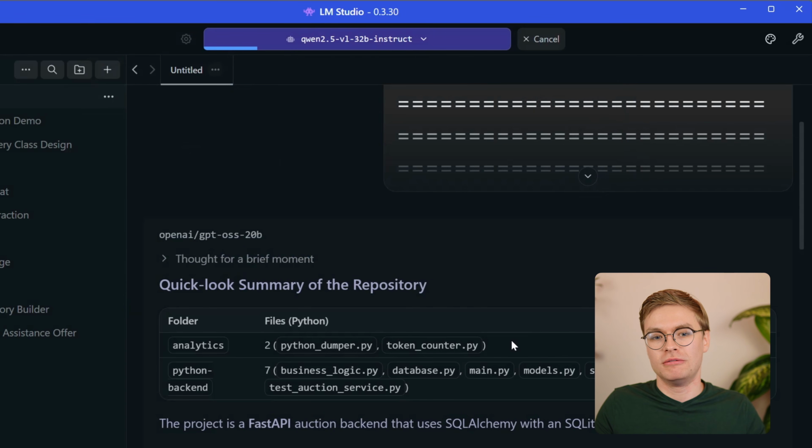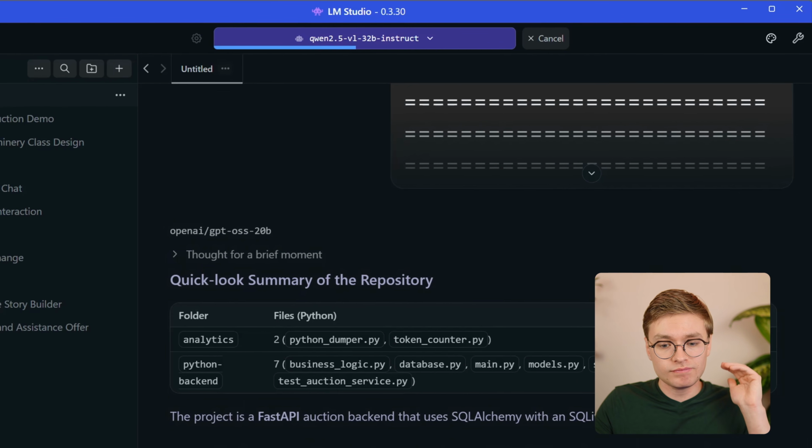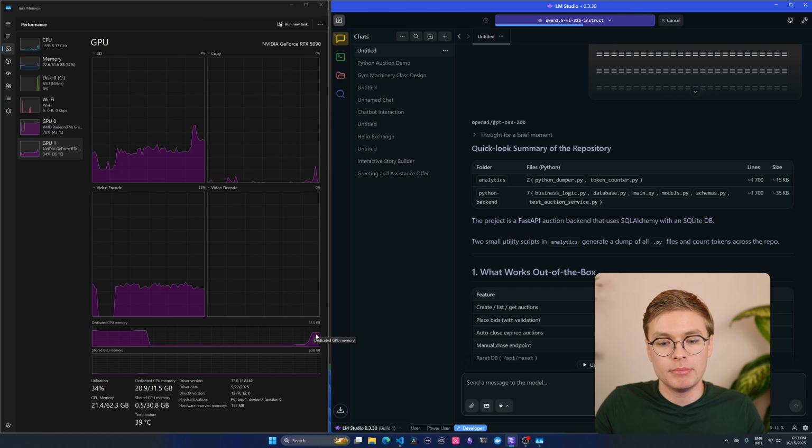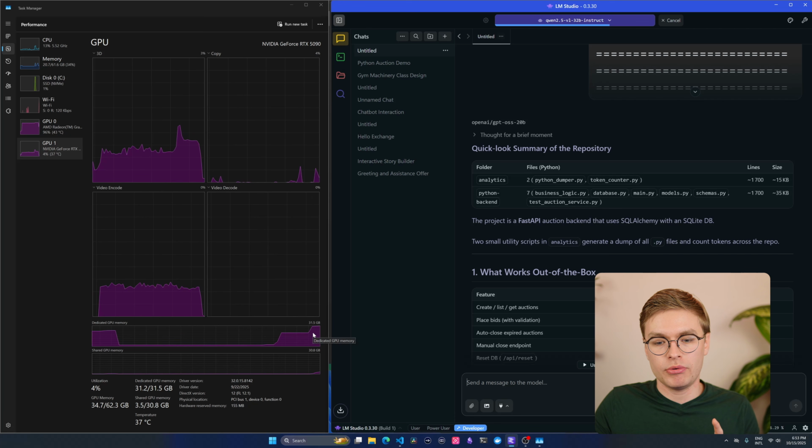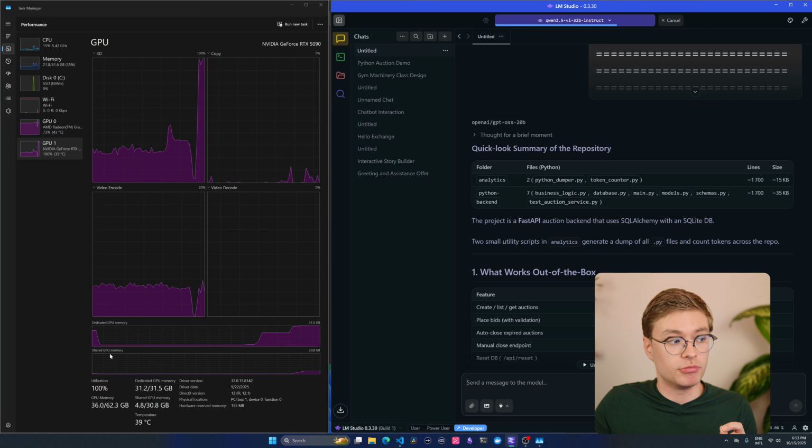So let's go ahead and load in the model, and you can see that at the very beginning, nothing special is happening, right? We're just filling up that dedicated GPU memory like so. But eventually we will hit the limit of our dedicated GPU memory, and that's where we're getting to. So now we're hitting that top, and oh, you can see here that my shared GPU memory is actually being